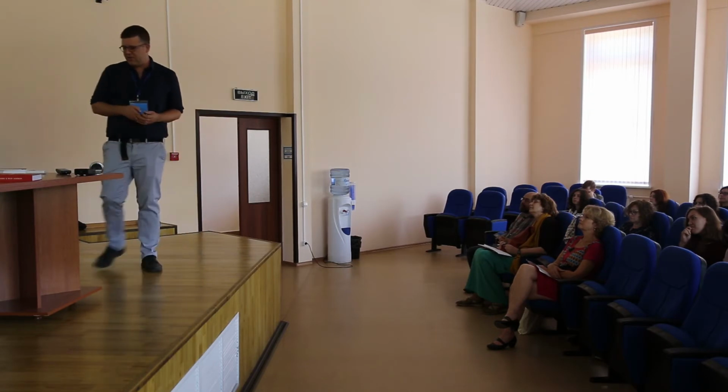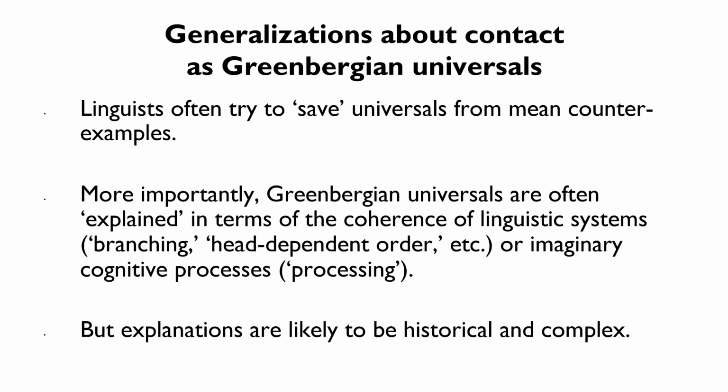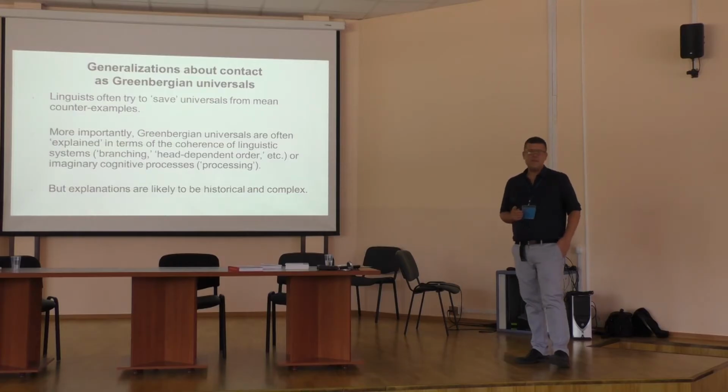Now, the thing about universals is that it's very hard to find universals, and every universal is very hard won. It usually involves a lot of work, and one of the problems with universals is that once you have one, people are going to defend it. And this is not really so great for science, but it's just something to be said.